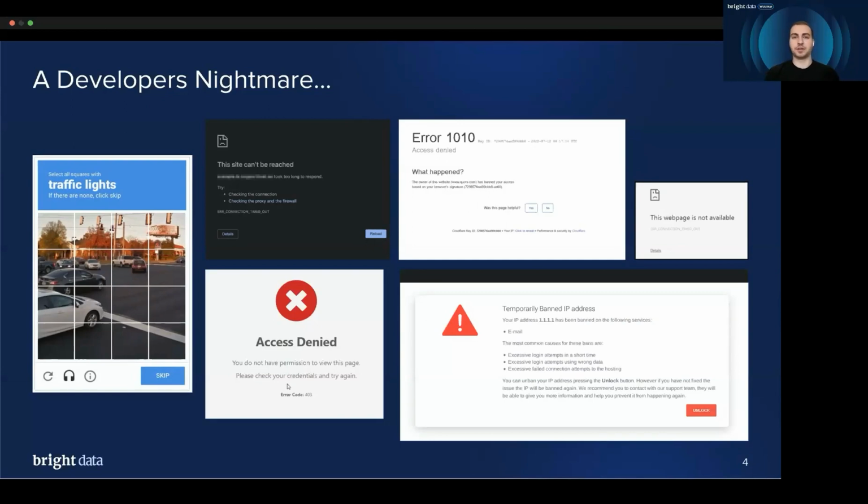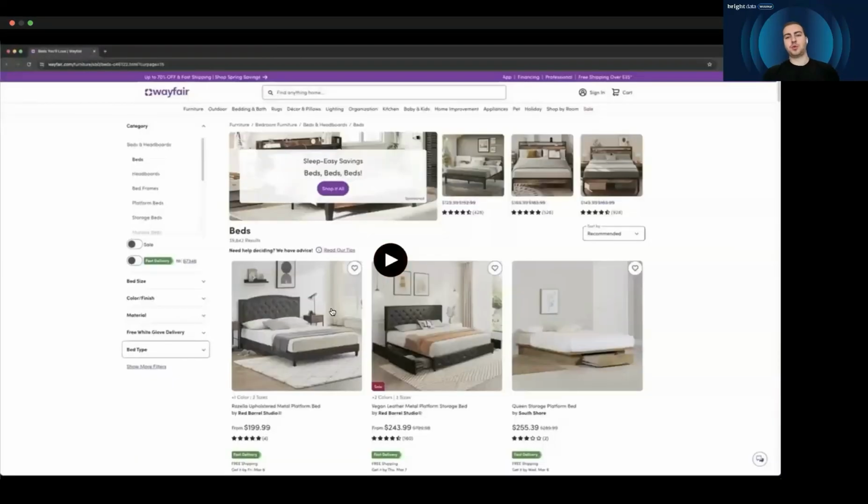And as it says here, really a nightmare when you're just trying to get a project done, especially if you have a deadline or you have your boss telling you, hey, go collect this data as quickly as possible. And then you run into these errors. What do you do? So what I want to do now is just show you a quick demo of some